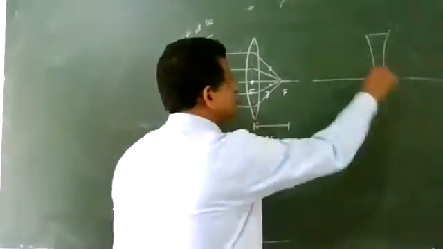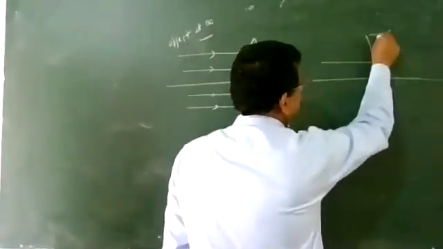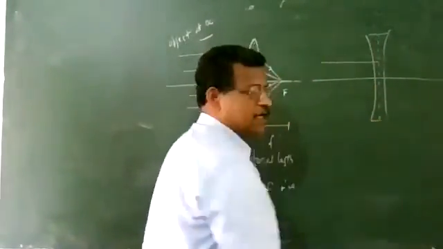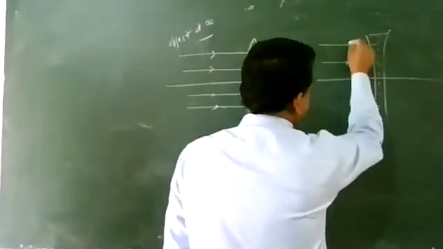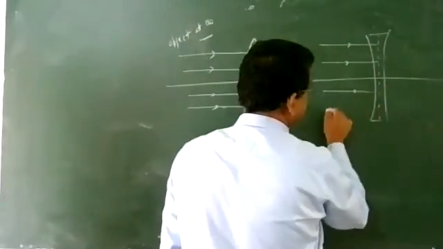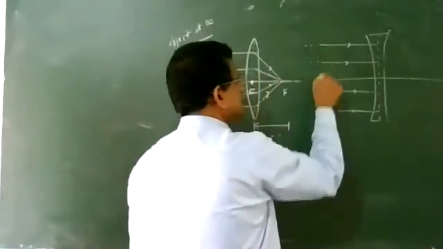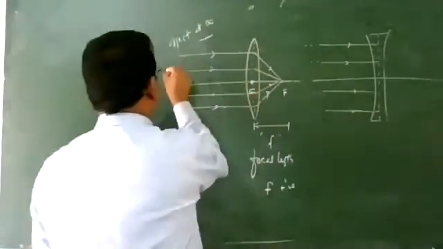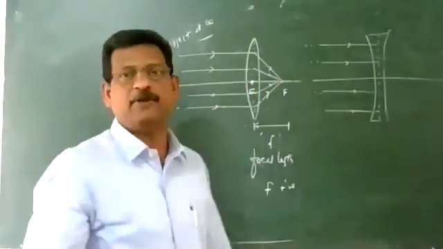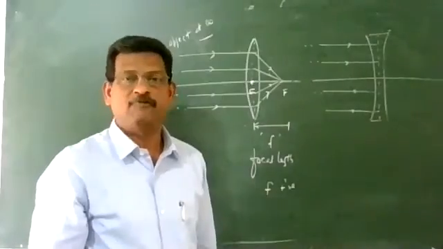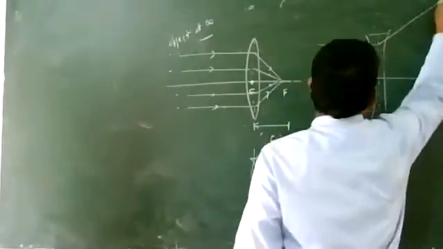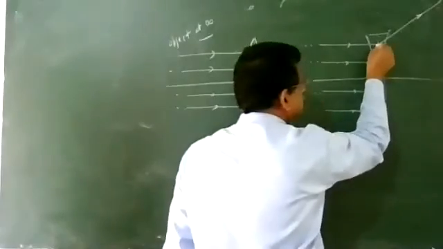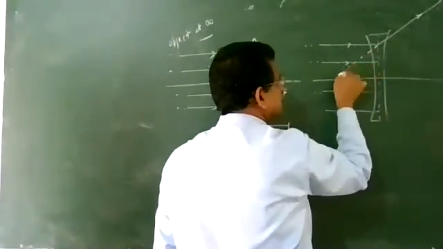Next one will be your concave lens. You show only one bending, but there are two refractions, which you show separately. Rays are parallel to the principal axis, object at infinity again. The object is at infinity, with a dotted line in front so that the rays are coming from infinity. After refraction, these rays diverge and appear to come from a point here.